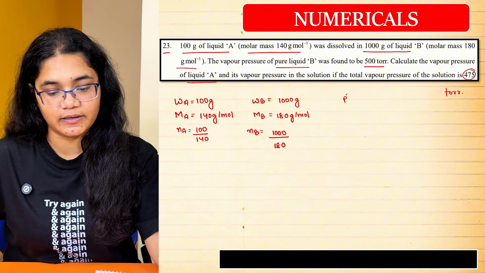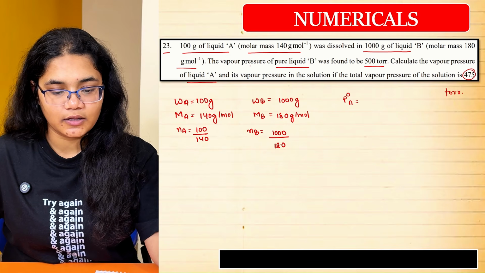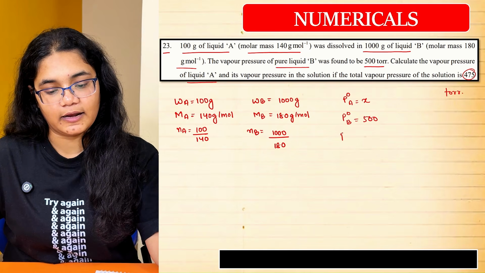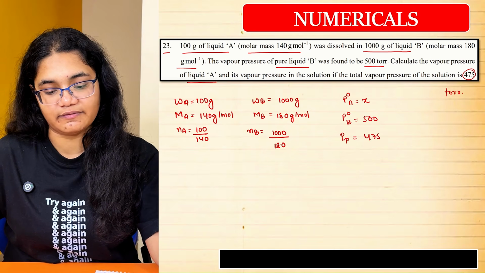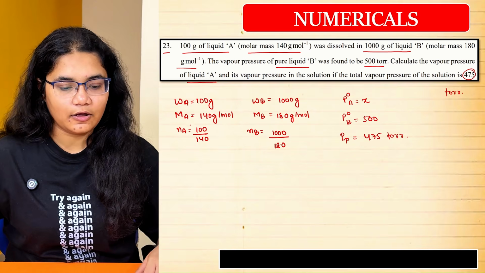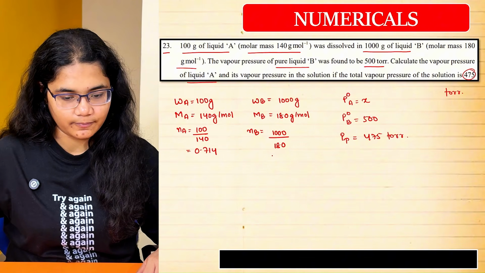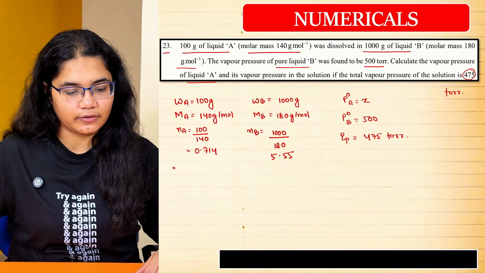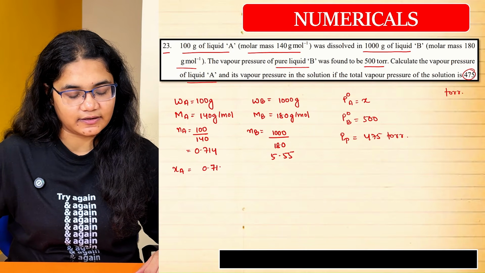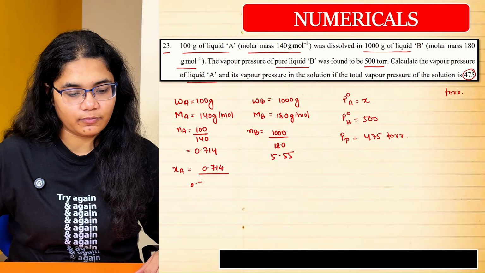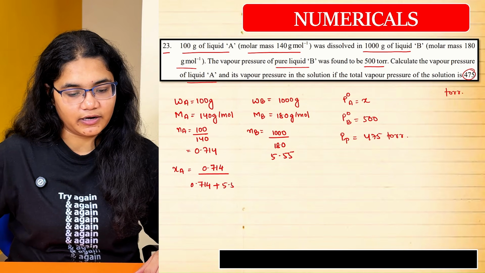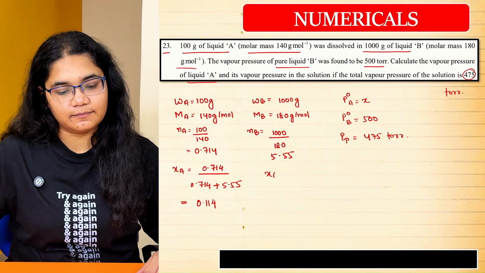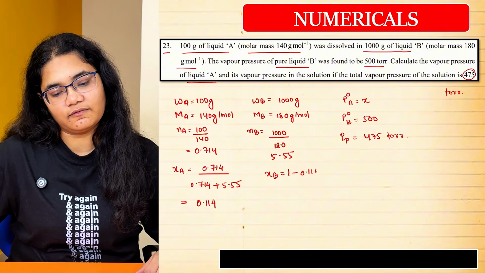Now what is the total pressure? Here one more value is given to me. P naught A value is how much? P naught A is not given. P naught B is given to me, which is 500 torr, and P total is given to me, which is 475 torr. Now if you see, this value is 0.714 and this value is 5.55. Now I can calculate XA here. I can write 0.714 divided by 0.714 plus 5.55, right? That will give me 0.114 here, and XB will be equal to 1 minus 0.114, which is equal to